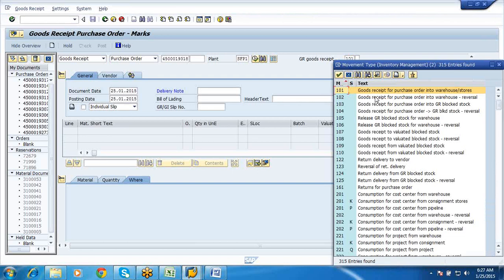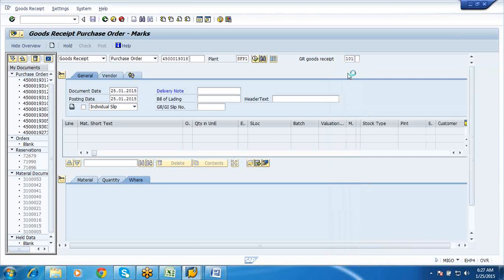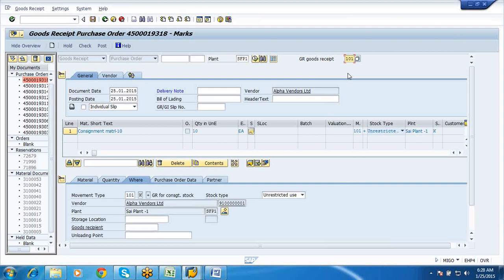No, it is 101 only, but when you say enter, I'll show you how the consignment or the item category K is taken up. Okay, see here at the bottom you can see 101K, that is GR for consignment stock.